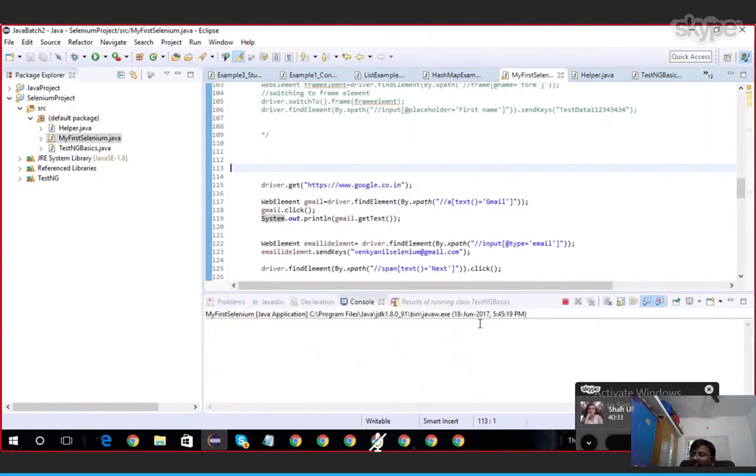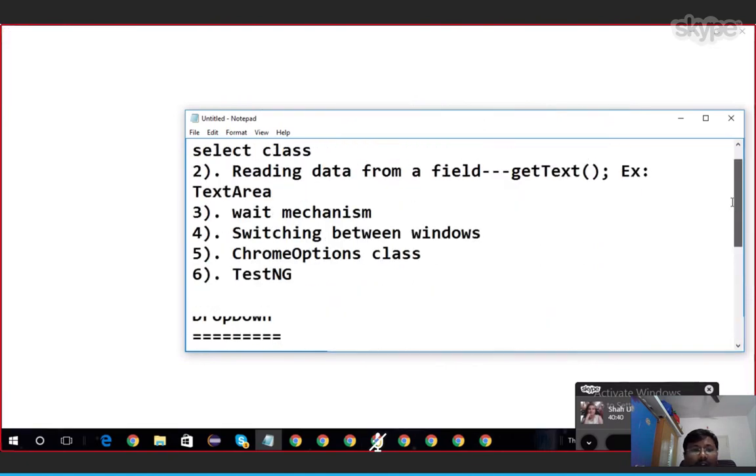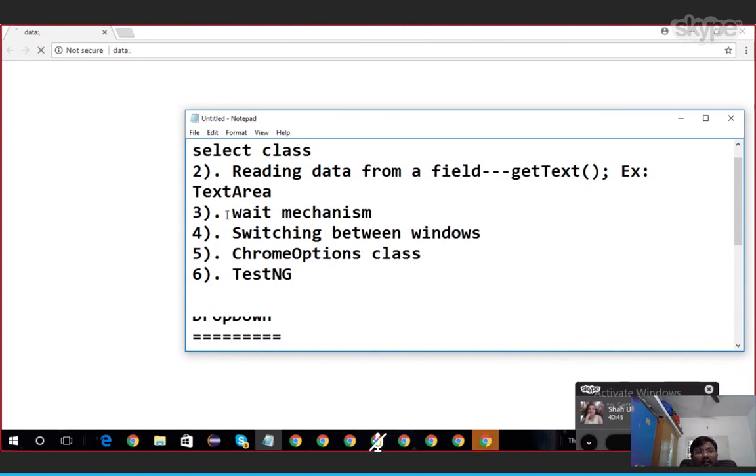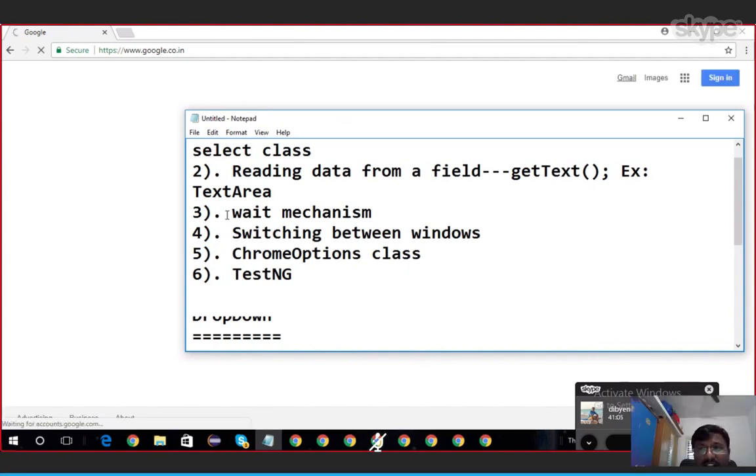Okay. And after that, we are going to see reading data and then wait mechanism. Okay. Venkat, yesterday you asked us to compose the Gmail. So will you show today that composing thing using the XPath, because I was having some doubt with the XPath thing for that compose. Okay. At the end of the class, I will compose. Yeah, sure. Okay.